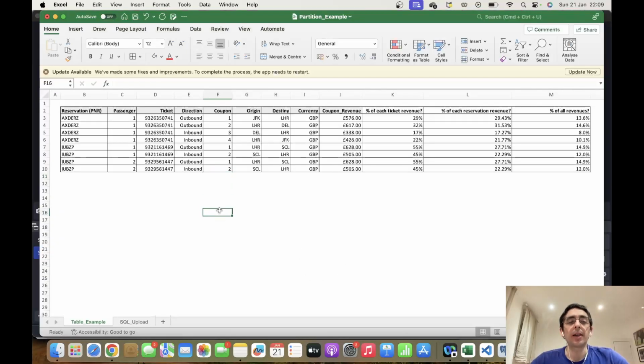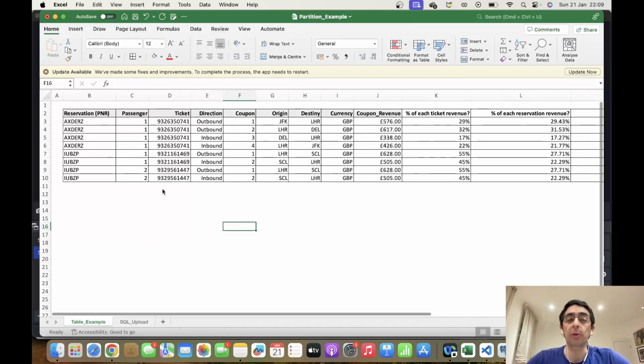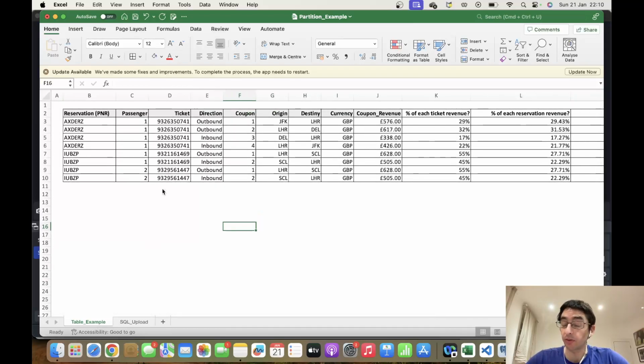Hello everyone, I'm going to try today to teach how to use sum over partition. I've got 10 years of airline industry experience, so this example is really similar to what we would see in the reality of the business. These are dummy examples or dummy variables and values, but very close to what we would see in the reality